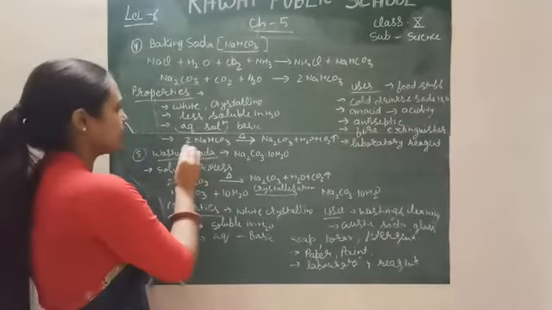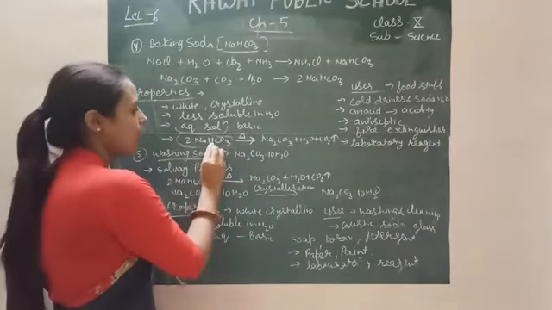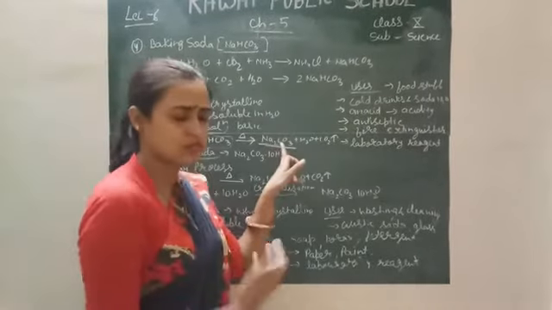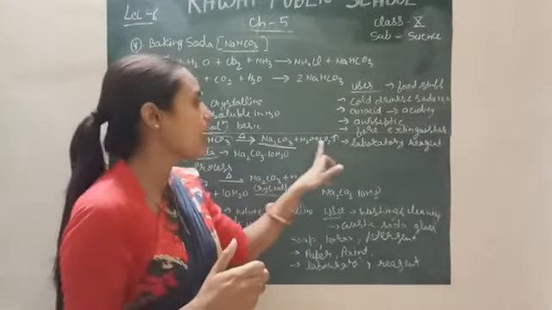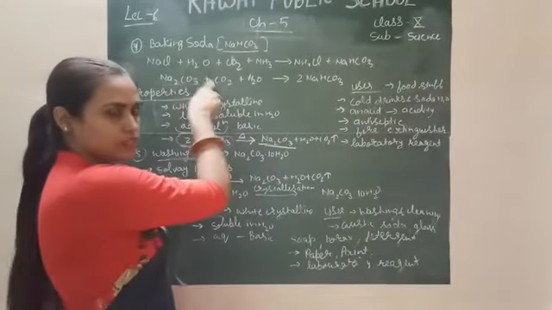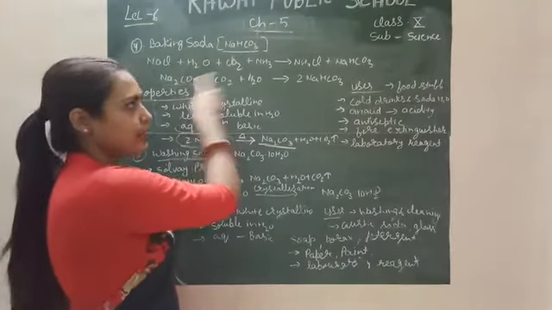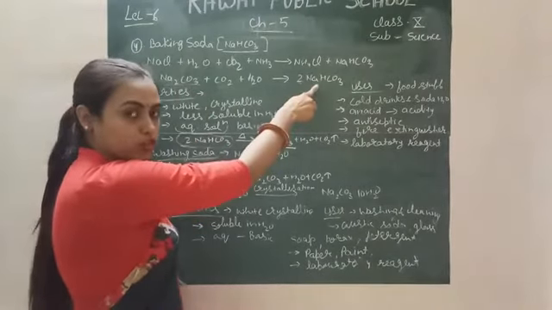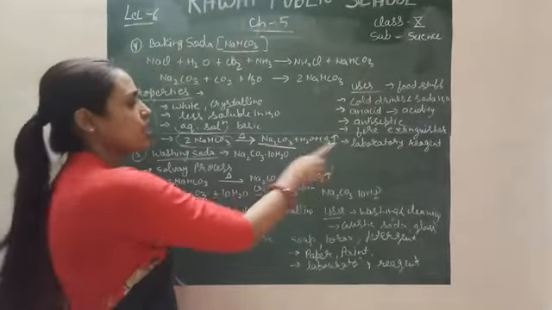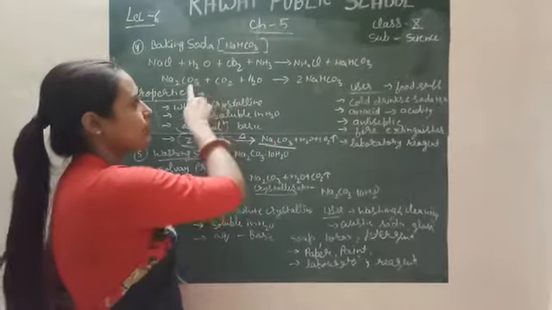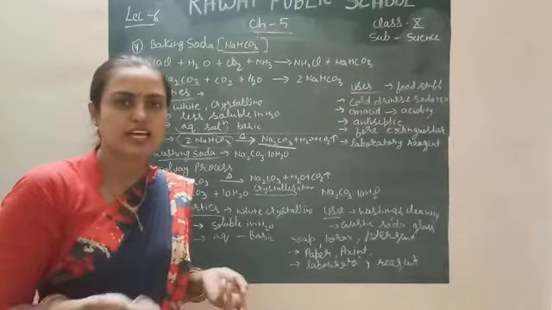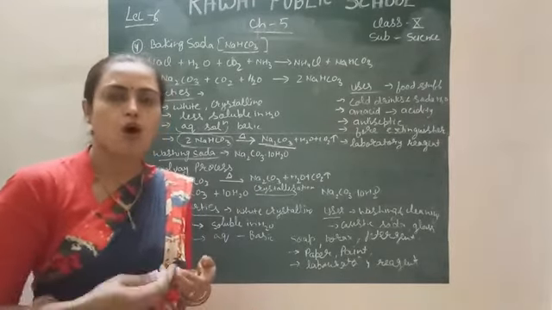When you heat sodium hydrogen carbonate, sodium carbonate, which we discussed yesterday, and CO2 gas are released. Sodium hydrogen carbonate is obtained by passing CO2 over the bicarbonate ion. When sodium hydrogen carbonate is heated, CO2 gas is released because it was formed by passing CO2 gas. So when we heat it, CO2 gas with a pungent smell is released.